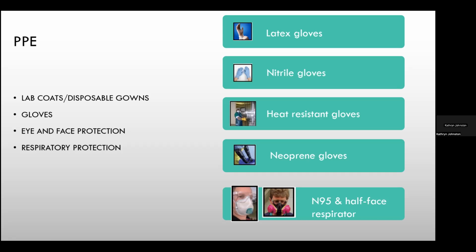So lab coats made of a polyester cotton blend with no less than 35% cotton are acceptable in labs where no open flames are present. But if you use open Bunsen burners, which I know most labs have migrated away from now, we all use the little desktop loop incinerators and such. But if you're still using alcohol burners, then your lab coat must be made of 100% cotton or a flame resistant material. And the reason for that is that with